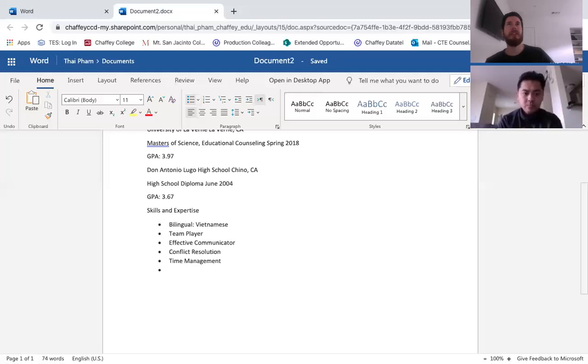Question: if they have their food handling card or something, would you put it in this category or would that go somewhere else? Yeah, definitely. I will put it here. So food handlers card, or whatever it's called, definitely put it there.